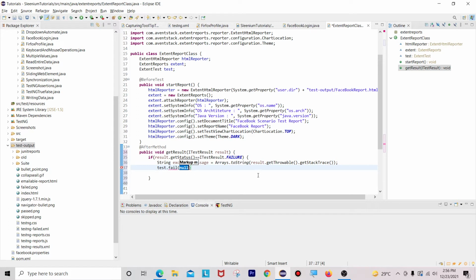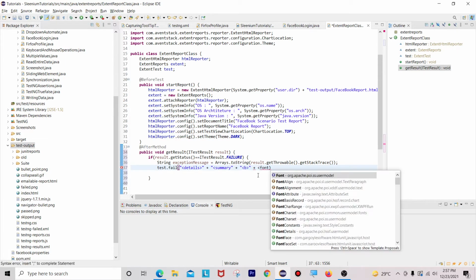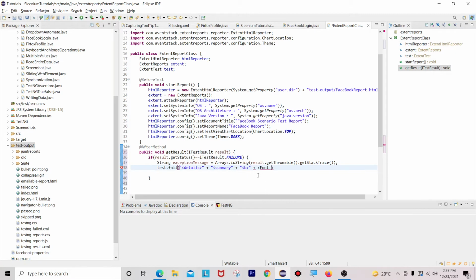Once that is done, if any test case got failed, I want to tell details, right? Details in some tag, details. After that, the summary I have to print, summary also I have to print. Once that is done, I want to show it as bold letters. For that reason we can use bold font, it will display. And also I want to display the color of that failure. We can have font color, right? These are all string formats only that I am using currently. Font color equals to,